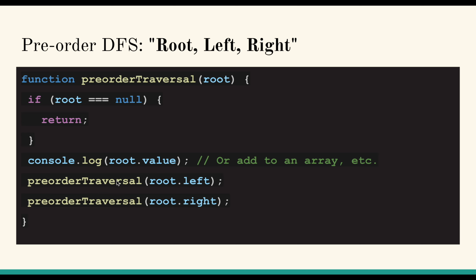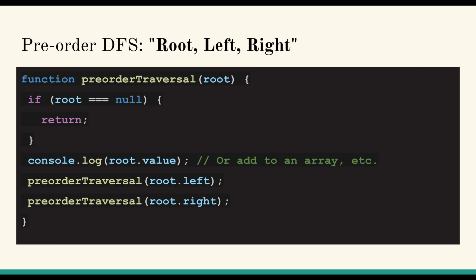And now call the traversal on root left and root right. So all you're doing is this whole function is just printing something out and then adding, this is the important part, recursion uses a stack, it's adding the left node onto the stack and then the right node onto the stack. And because recursion, it ends up calling,